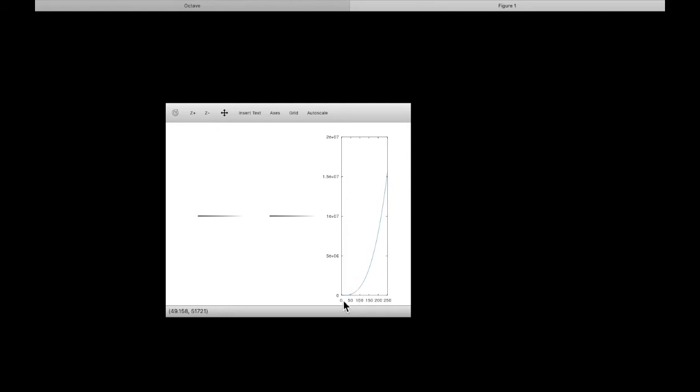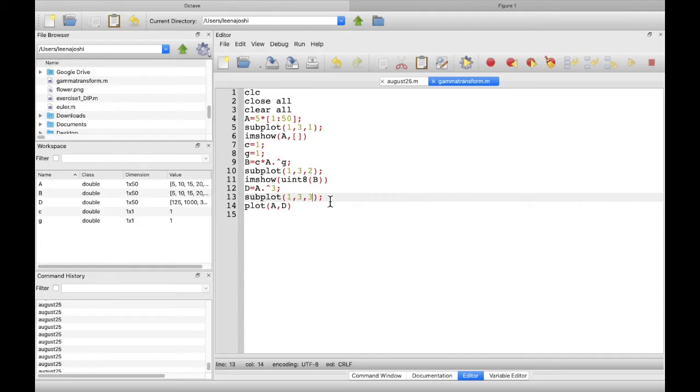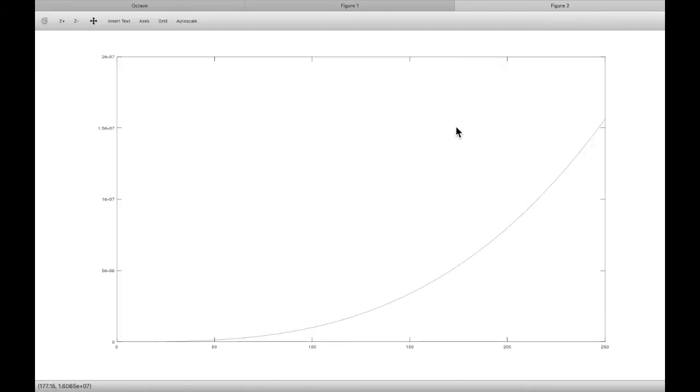So here you can see if this is my input and this is my output, even though you cannot see it properly. Let me take it out of the subplot and simply say figure. In this case now, the third position will remain blank. So this is my plot. So here you can see this is input and this is output. So when we apply gamma transformation function, this input will be transformed to this output.